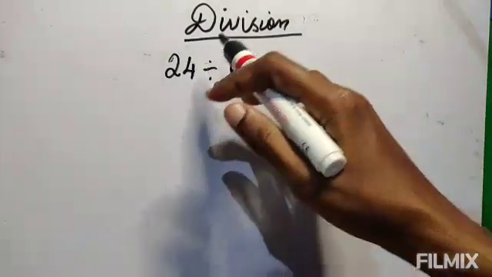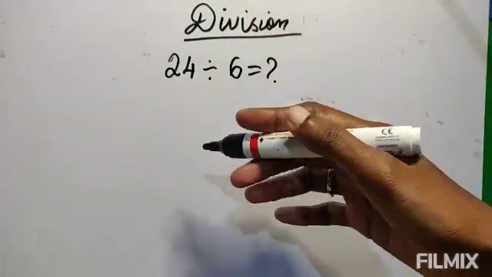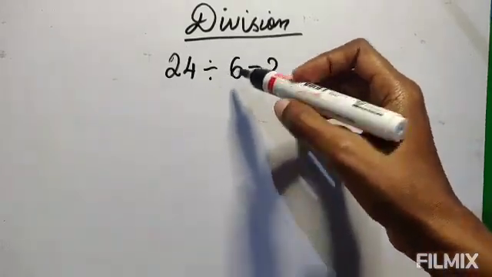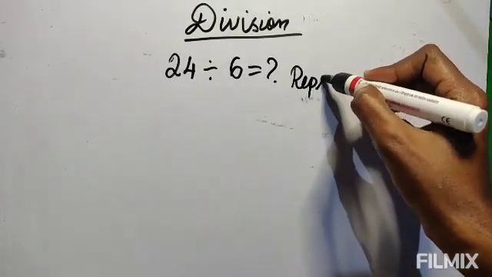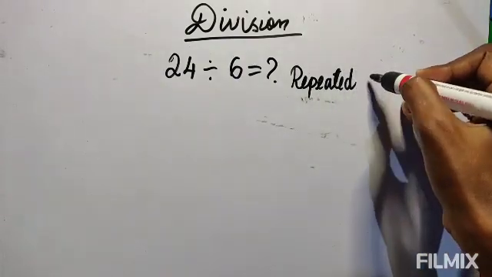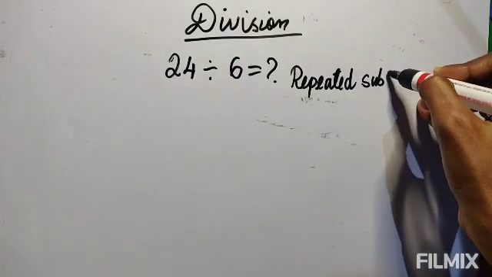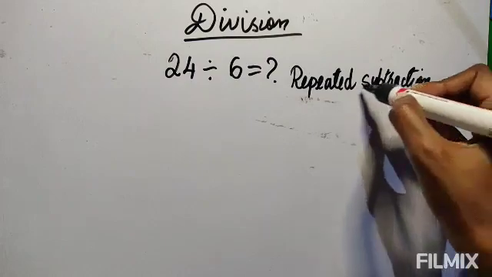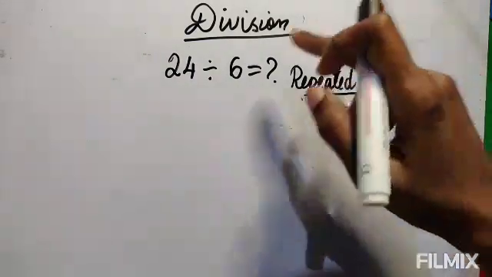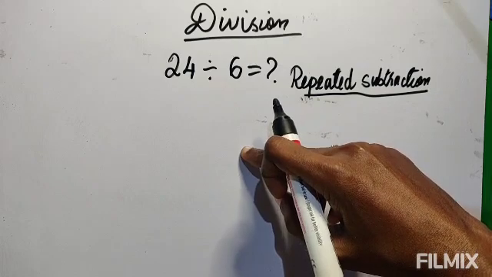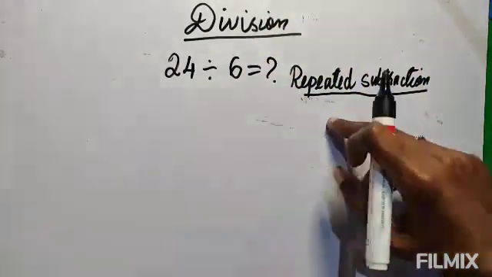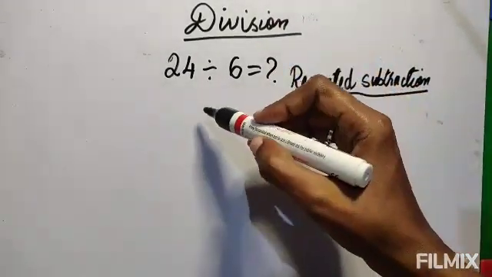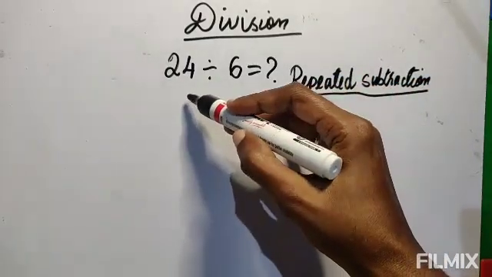To find this answer, we can use subtraction also. We can get the answer, but subtraction takes long, so that's why we go for division. Now, for repeated subtraction, how can we do it? If they have asked the question, you must read the question properly. If they ask you to find the answer using repeated subtraction, then you have to follow this method. You will not do the direct divide method. Even if your answer is correct, I will not give the marks because they are asking for the repeated subtraction method.